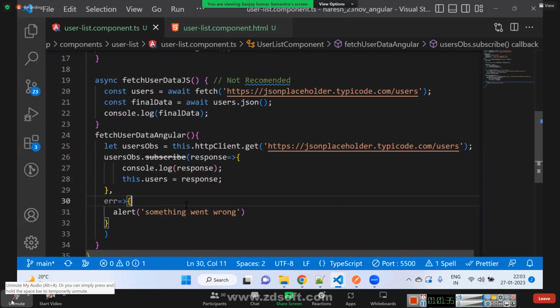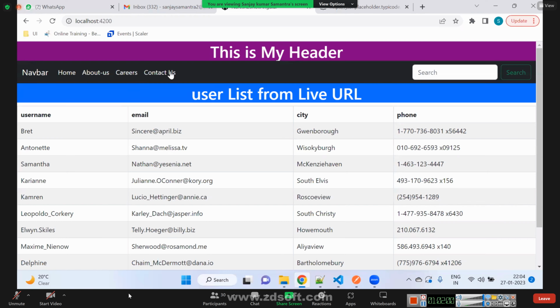Do you understand? Yes, sir. Okay. So today I explained how to fetch data from URL using HTTP client. The assignment for you is you should have a button, and on button click the data should be collected. There will be a button, fetch users list. If I click the button,